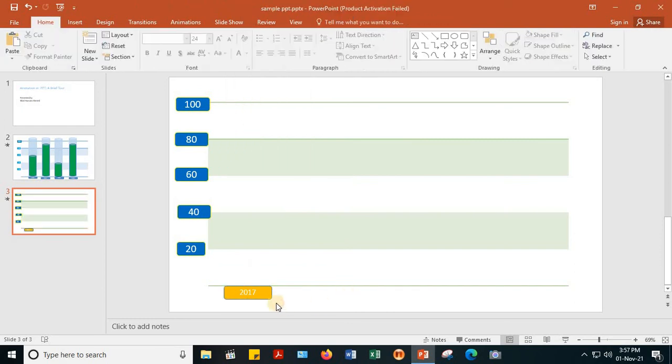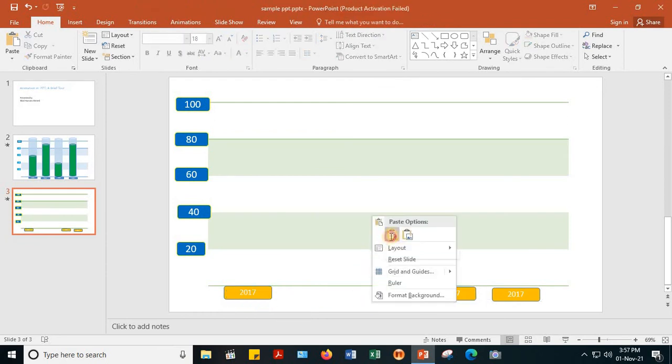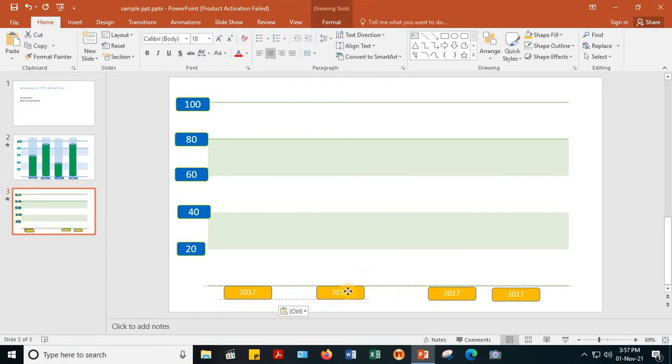It could be yellow. Now depending on the number of years, you can copy it multiple times, copy and paste. So I am taking just 4 years for this presentation. Now you can change the text and make it the required year, 2019.